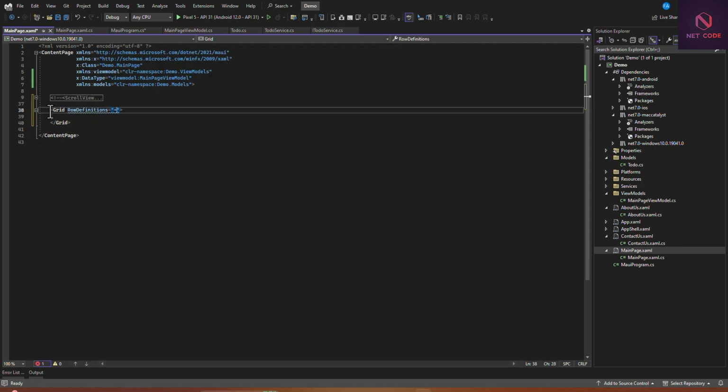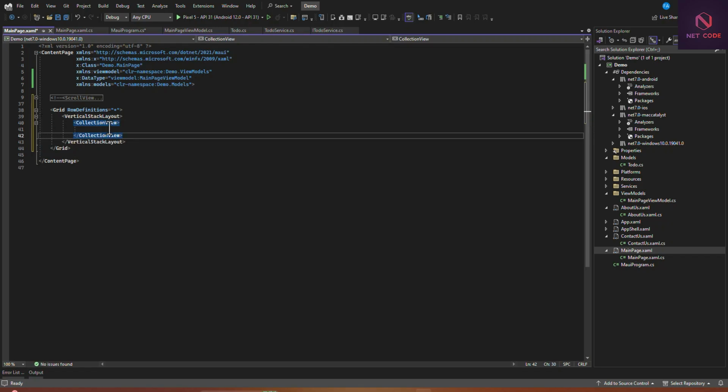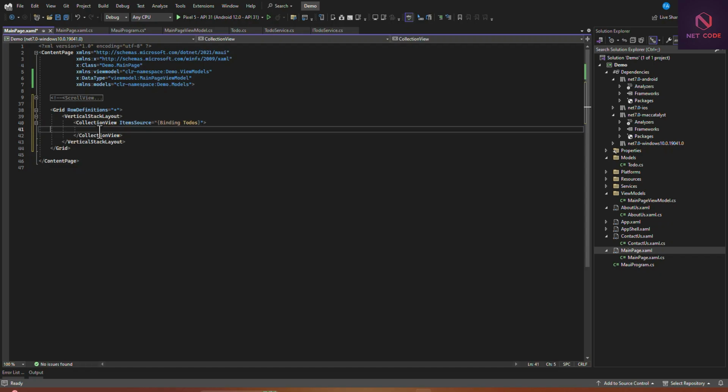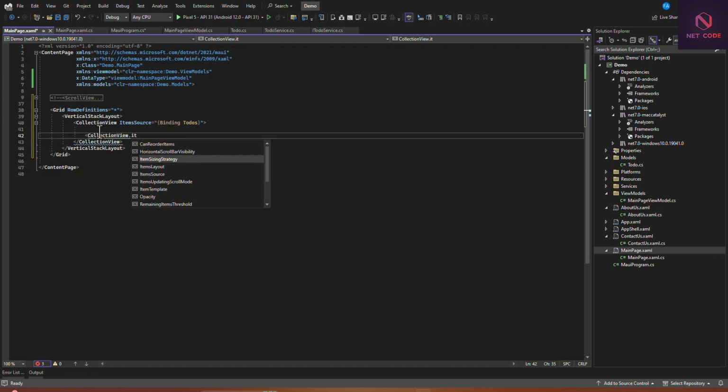So let's use star, and now in here let's go for VerticalStackLayout, and now let's pass in a CollectionView. This CollectionView, we have ItemsSource, and this ItemsSource we are going to bind to ToDo, because you have a ToDo list here. Now we have to go for ItemTemplate. So CollectionView.ItemTemplate, and that is this one. So we have to use that.